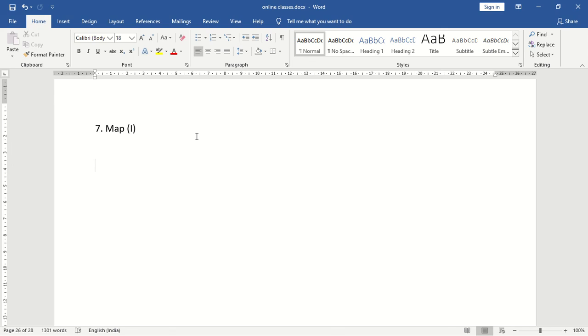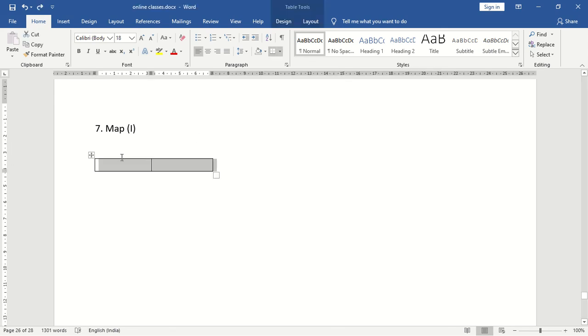So can you think of an example of a key value pair? An example is roll number and student name. Roll number and name of a student. What is the roll number? Roll number acts as a key. For example, 101 name ABC. Next, 102 name DEF.